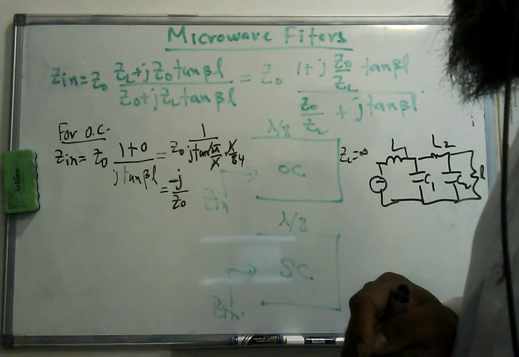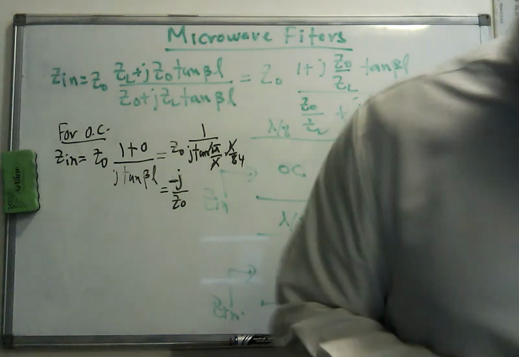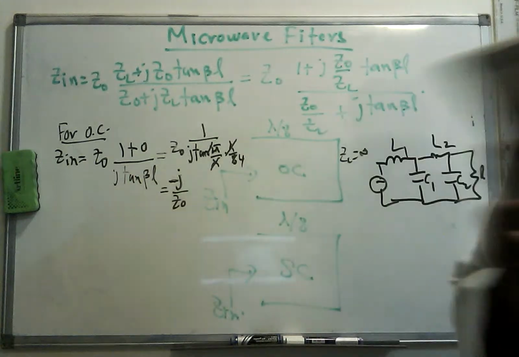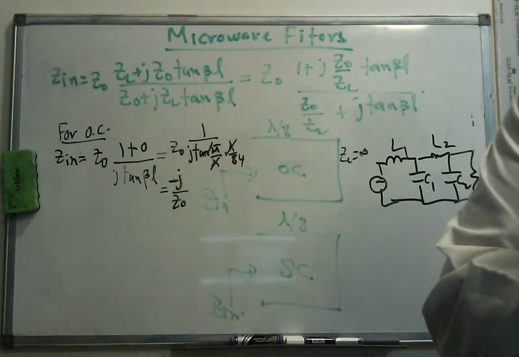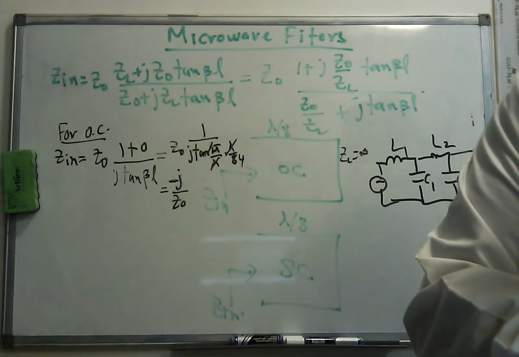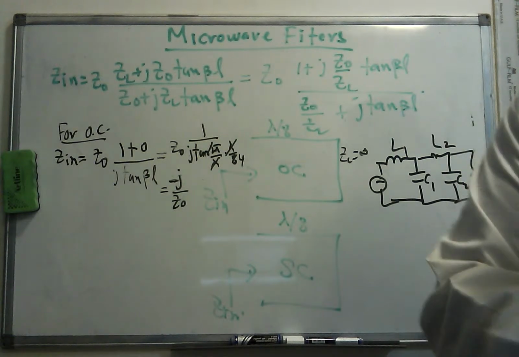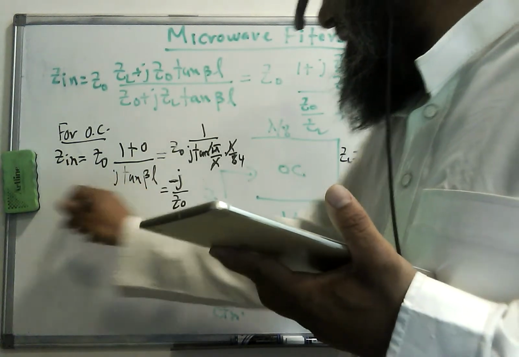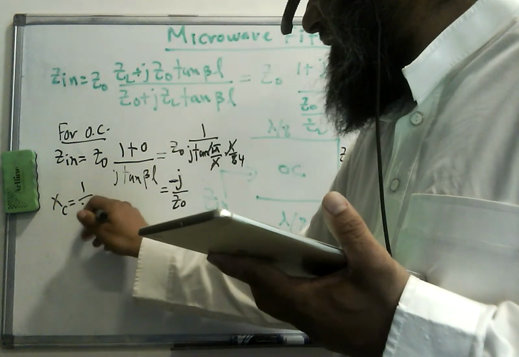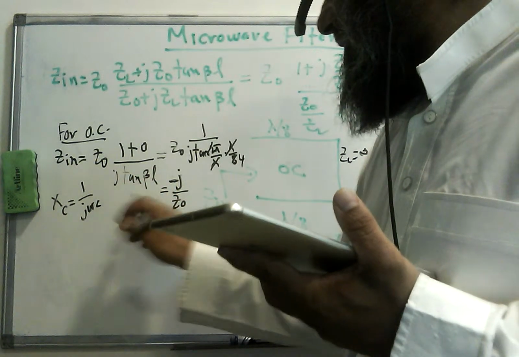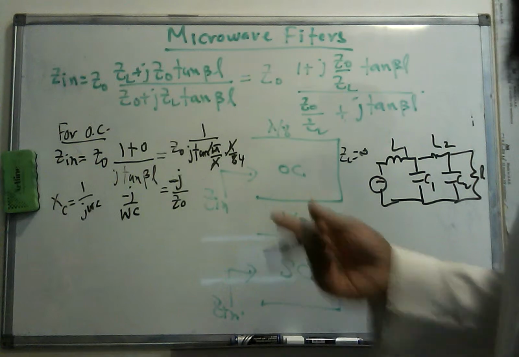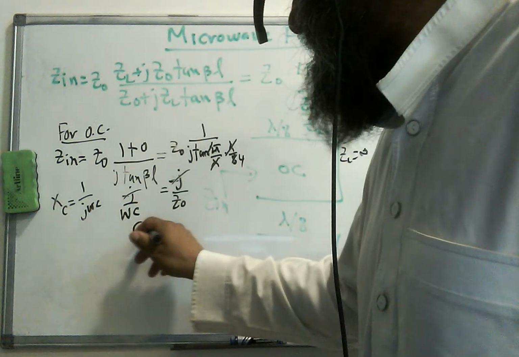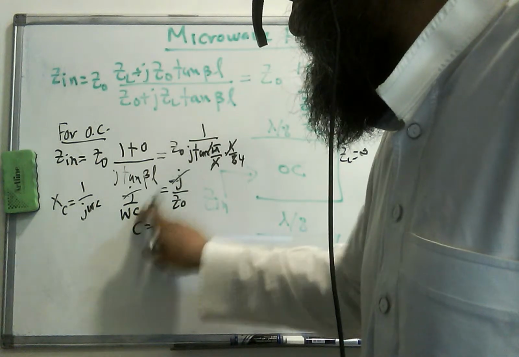So this is the negative reactance, which means that this is equivalent to a capacitance. So we can say that this is equivalent to the reactance of a capacitor, which is 1 over j omega C. If I make the two equal, what I'm doing is trying to find the equivalent capacitance. So this j cancels, and C is equal to